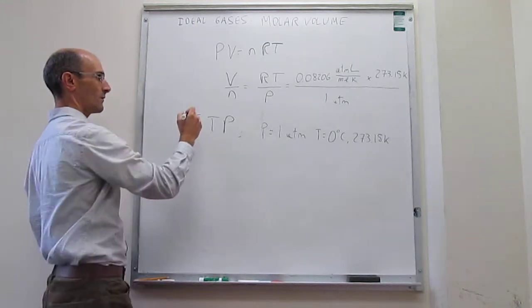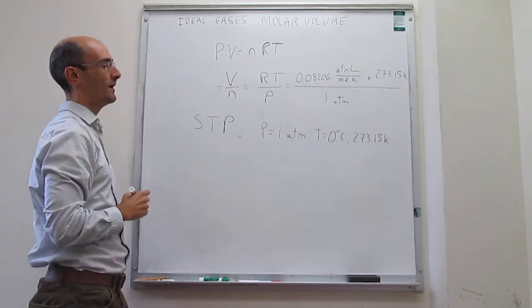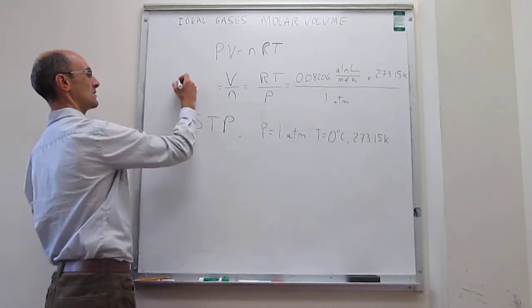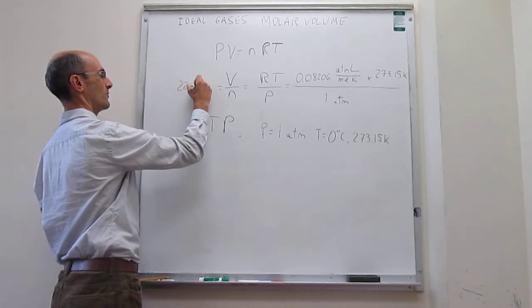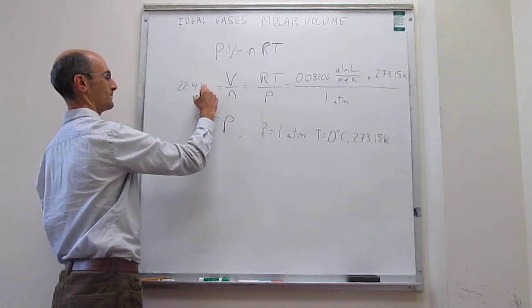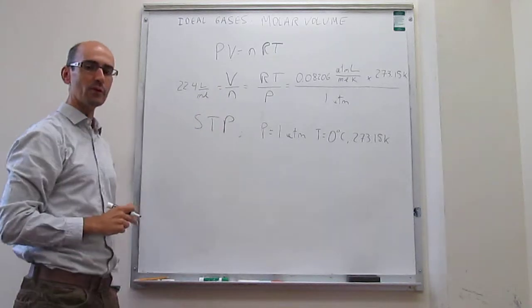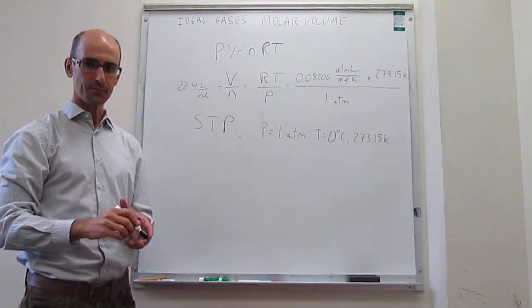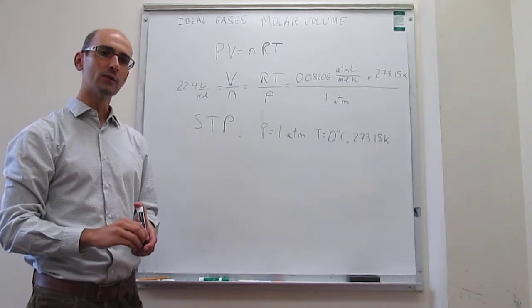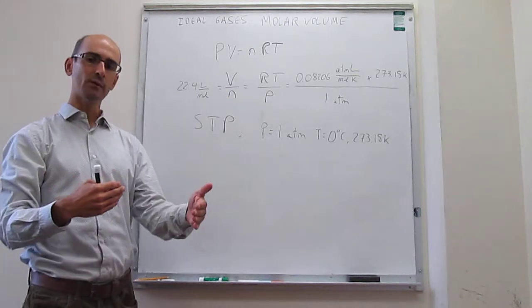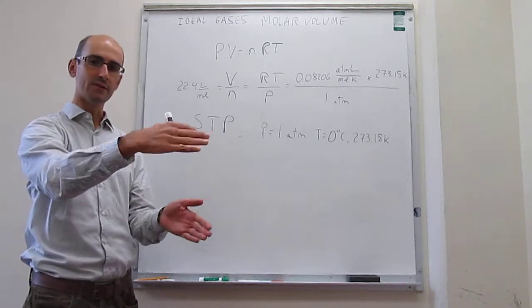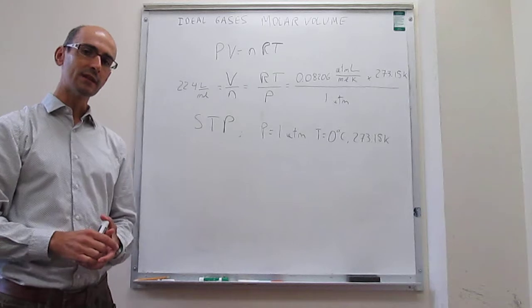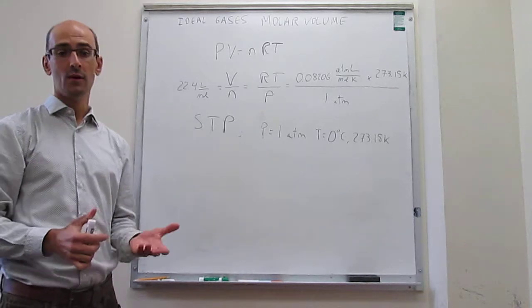When we calculate that, it turns out that the molar volume of an ideal gas at STP conditions is equal to 22.4 liters per mole. Or for every mole of gas that you have, the volume occupied is 22.4 liters. That volume is equal to a cubic box of 11 inches by 11 inches by 11 inches. So a box of approximately this size contains exactly 1 mole of an ideal gas, or an Avogadro